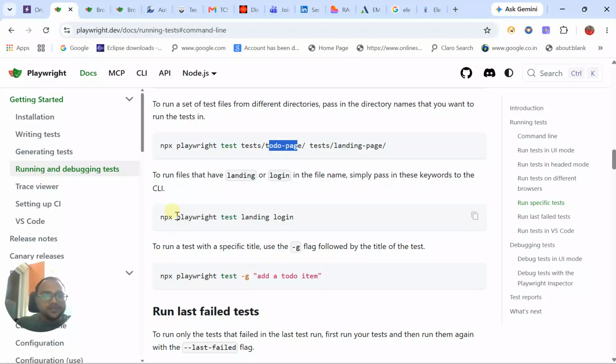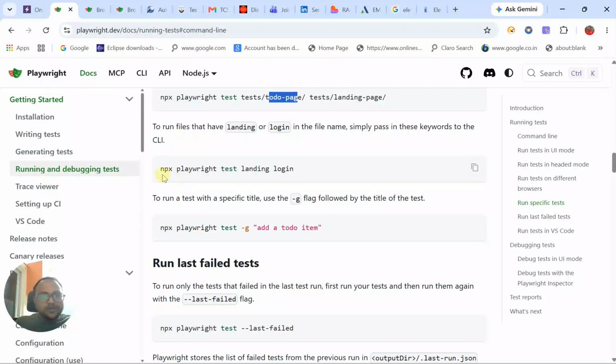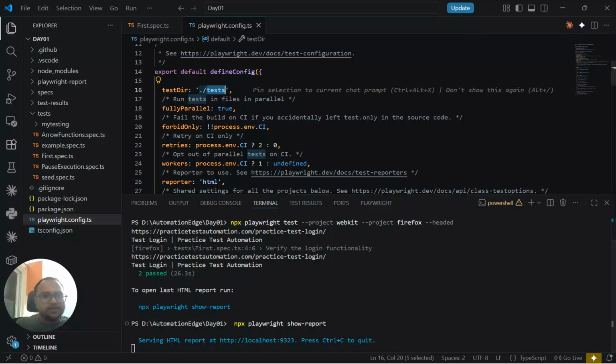Okay. So the next command would be like npx playwright test landing login. If any file has the name landing and login, to run the landing or login files, simply pass these two keywords. For example, if I have my file names,